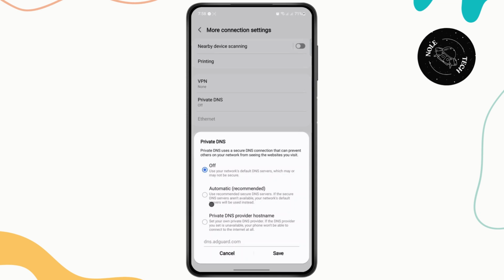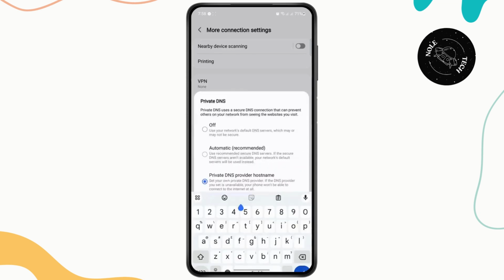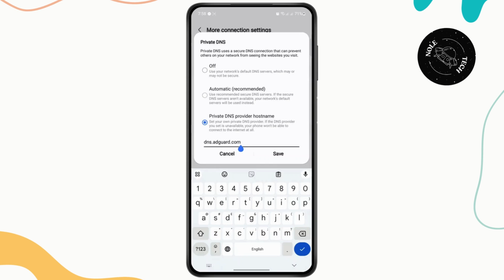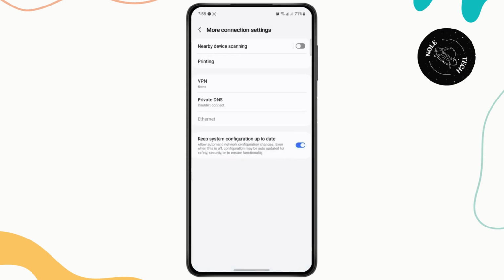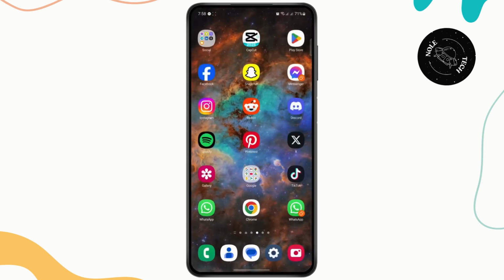So what you're going to do is create your own private DNS, and you're going to type in this hostname right here, which is dns.adguard.com, and then simply tap on save. Now, after doing this, a majority of the ads will be blocked on your Android device, but if you're still